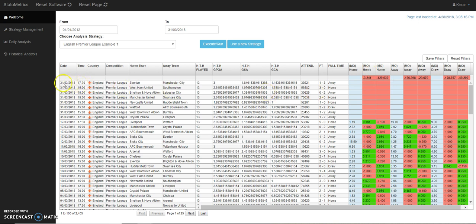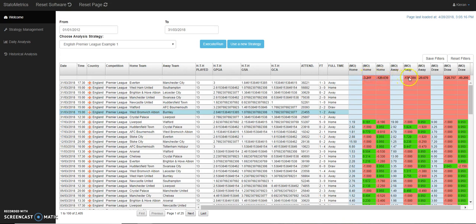And if we just show you here, these are the most recent games, because obviously we selected to the 31st of March, so these are the games played on the 31st of March. The score lines, attendance, all the information we requested. Home team number of games, 13. You'll see up here,